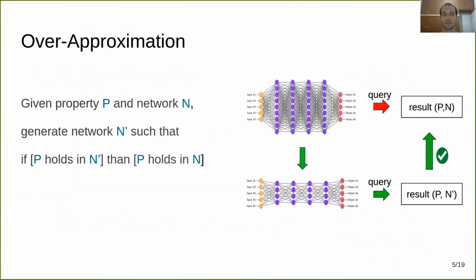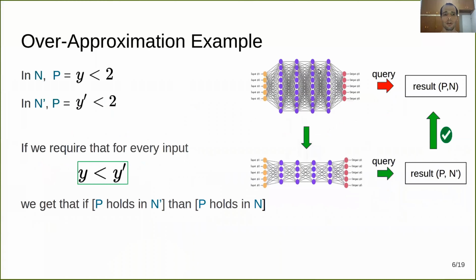In order to improve performance, our approach is to use an over-approximation. So, given a property P and the network N, if N is complex and the query can take a long time, we generate network N prime, which is much smaller, such that if P holds in N prime, it also holds in N, in the original network. For example,